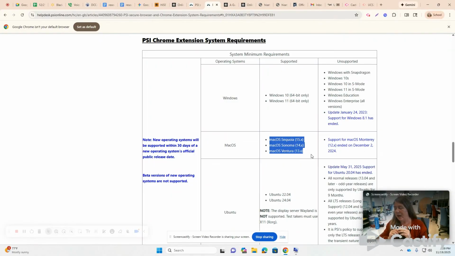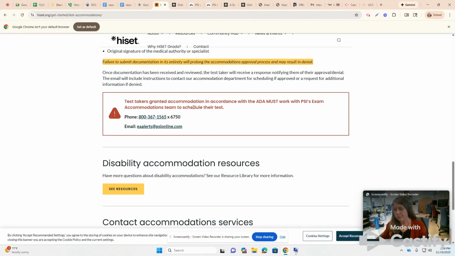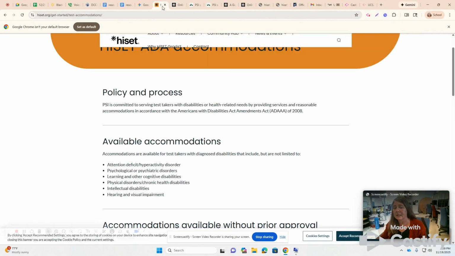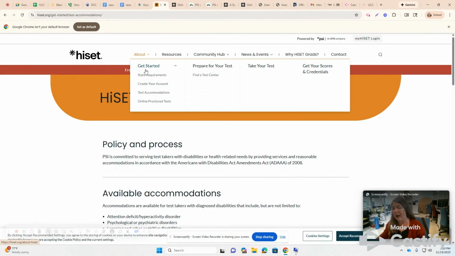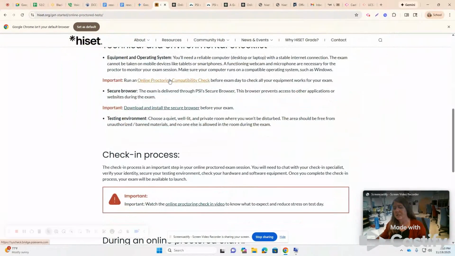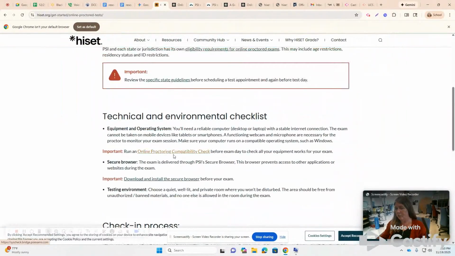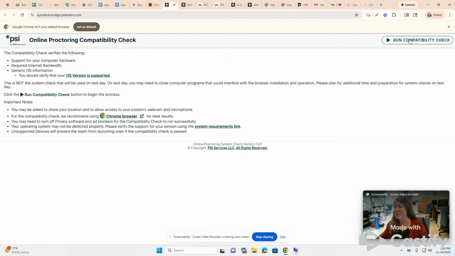In addition to having your room set up, when they send you the receipt, when you do book your test, they'll send you what's called a compatibility check. And in that compatibility check, again, it's a link. You can also find it on their website under About, under Online Proctored Test. And one of the things it says is to run the compatibility check. So run this check, and you click the button. And it'll just check, and it will probably tell you, just like my computer,